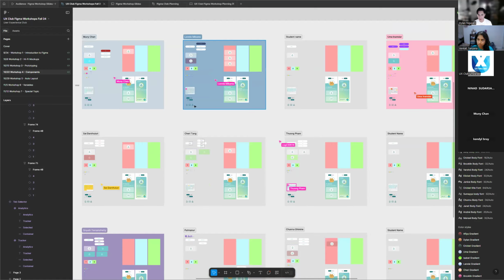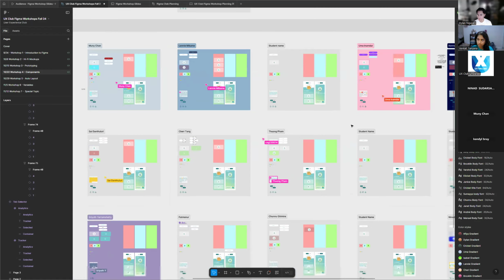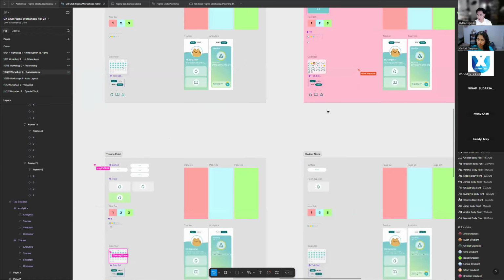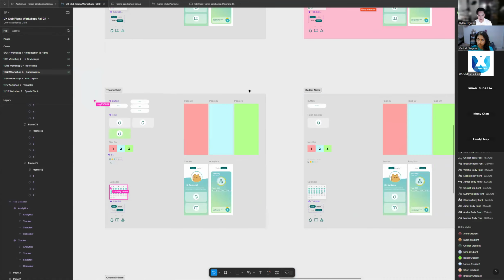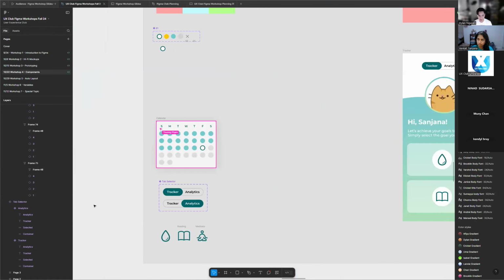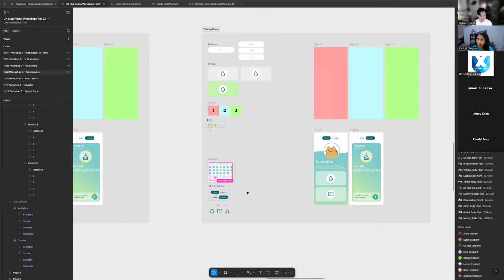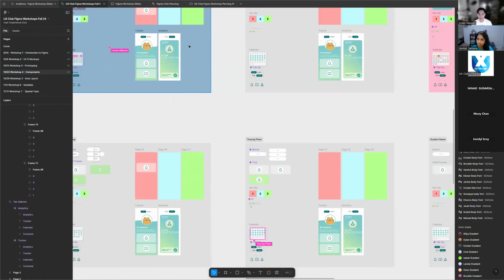Again, if you have any problems, feel free to unmute or just leave a chat. But it looks like we are doing okay. Wait, I'm still so confused. How did you get all the calendar circles to be instances of the components? Okay, so